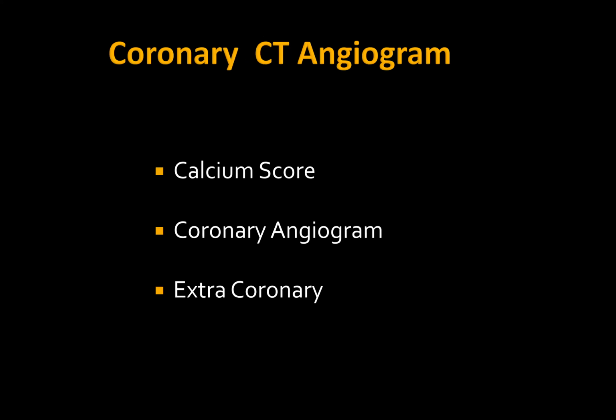In coronary study, there are two parts. One is calcium scoring, where we try to see how much calcium is deposited directly in the coronary vessels. The second is the angiographic part, where we try to find out if there is any blockage in the lumen of the coronary artery. During coronary reporting, we must also look at the review area to find out if there is any extra-coronary or extra-cardiac abnormality. This is common for all radiological imaging reporting.